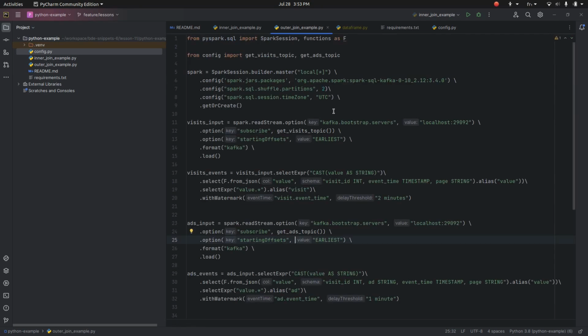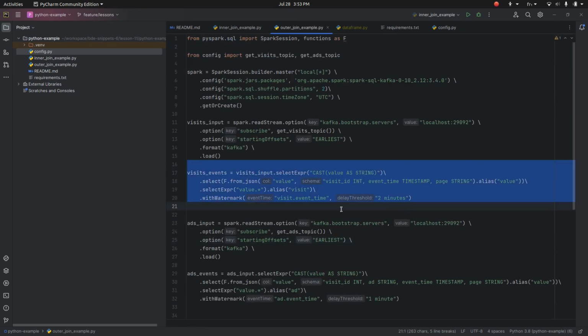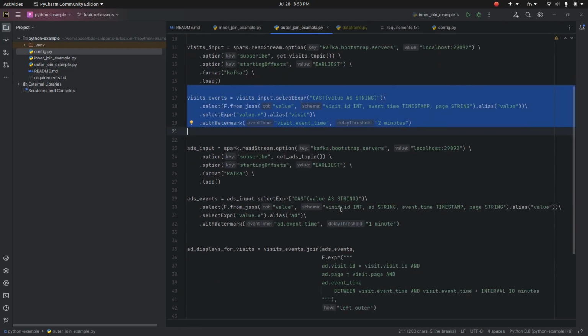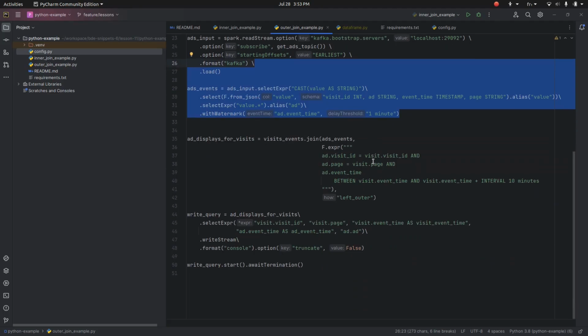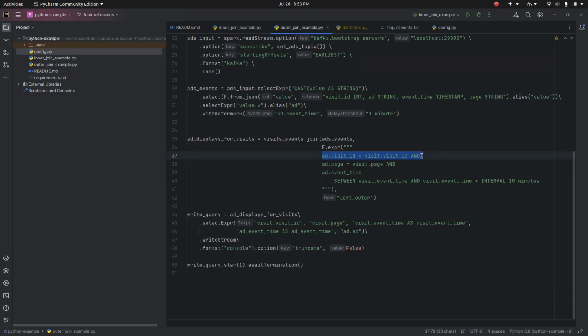And typically the reading part is quite easy. We just transform the JSON into some structure. In both cases we define the watermark where there's nothing complex. The beginning of the join is also easy. We join by visit ID and by page, but later things start to become much more complex because we join these events, ads and visits,